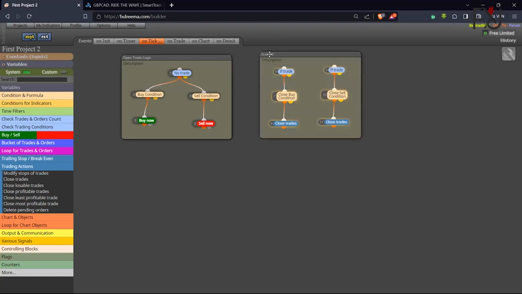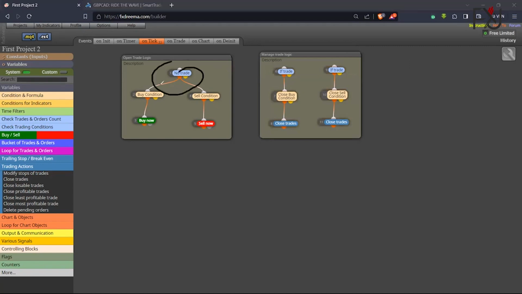So we'll just call this manage trade area. Manage trade logic. Okay, and click on done. Now, so basically, everybody should be at this point,